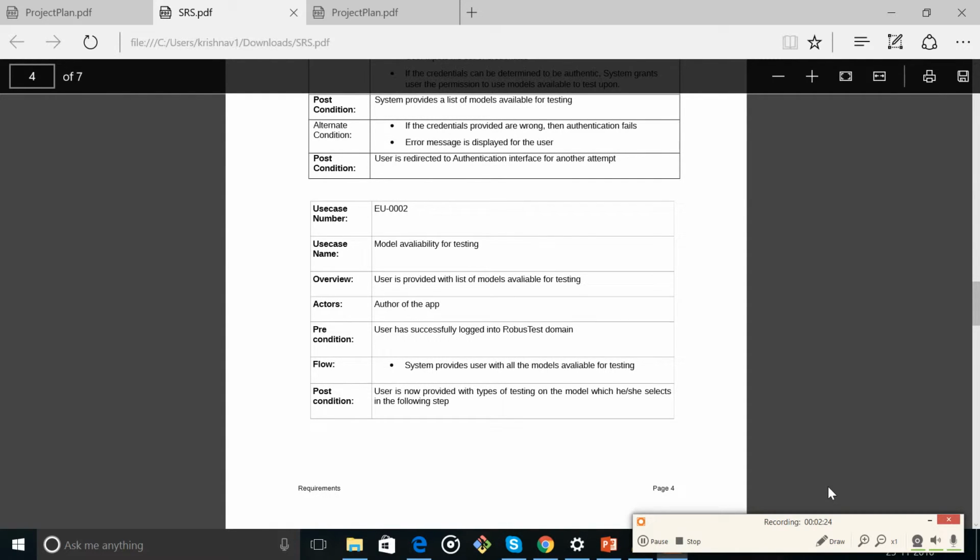If the plugin is connected to the Robust Test server, then the plugin takes the information from the server and renders it into a web view to display it to the user, who is then able to access the server and test the app that he is developing using the models that are available in the Robust Test server device cloud.